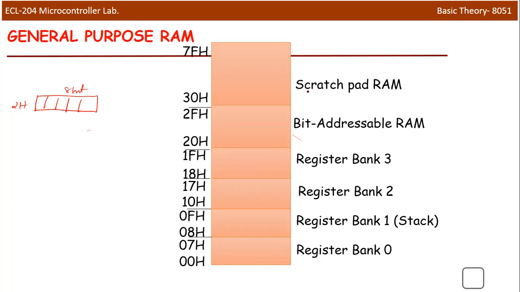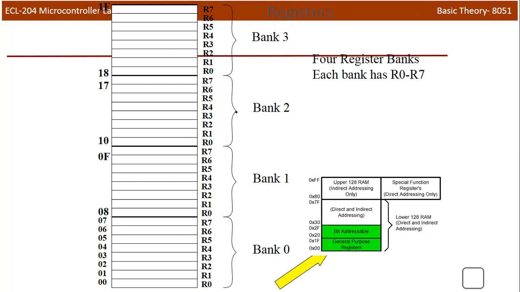So this total 128 is divided into banks, a bit addressable area, and the general purpose scratchpad area. Okay, so we will discuss the general purpose register area 00 to 1F, that is the banks. And here you can see the advantage of banks. This bank is addressed by the address value, that is 00, 01, 02, 03, etc., and is also indicated by using some names. The names are R0, R1, R2, R3, R4, R5, R6, R7. So either you can say memory location 2, or you can call it R2. Okay, both point to the same memory location.